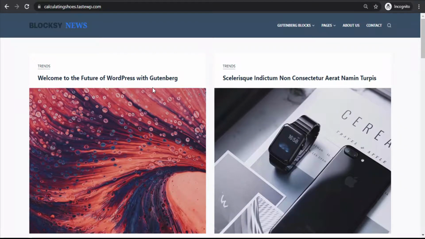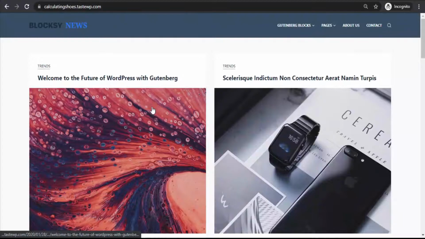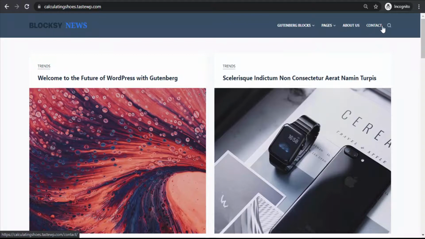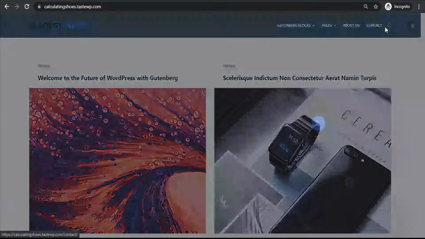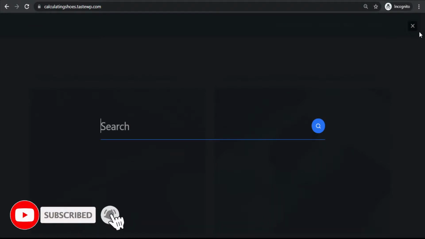So basically this is a site which we are gonna create in this video. So in the top you can see we have a logo section here at the left side, and at the right side we have again two sections. One is the all the pages, and the second is the search bar. You can see the search bar is also extremely beautiful, and we can customize each and everything of the search bar as well. I'll show you later in the tutorial.